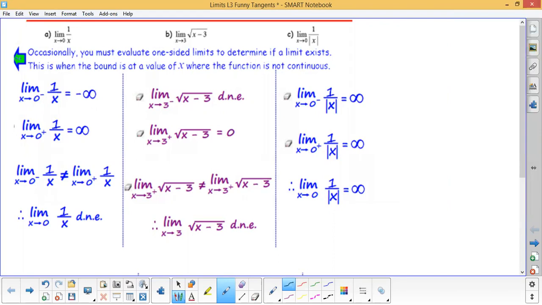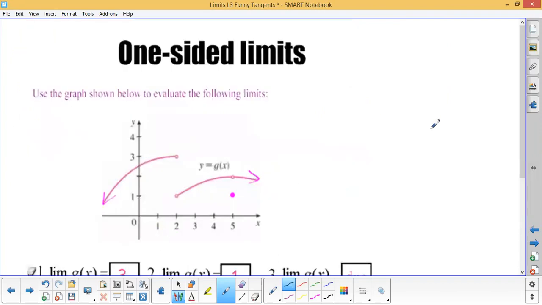To show you how you will be recording your answers on the test. You're not just going to put DNE, but you have to show us all the steps, and I'm going to be taking you through a step-by-step process. Okay, so for the very first